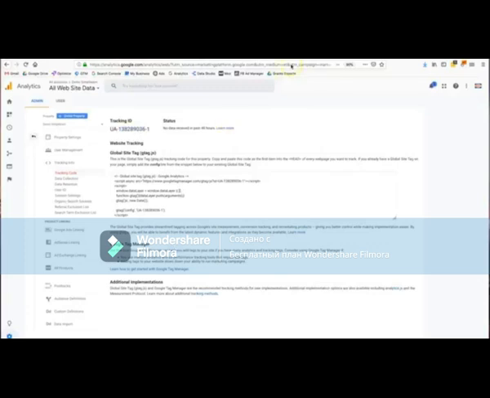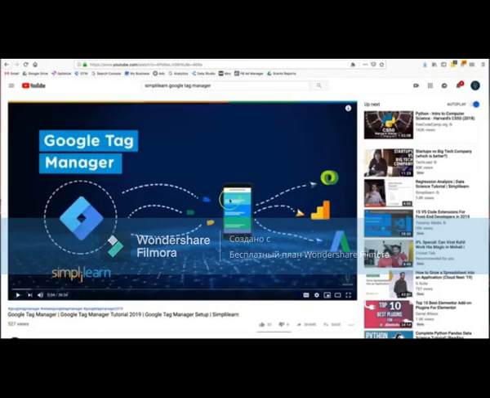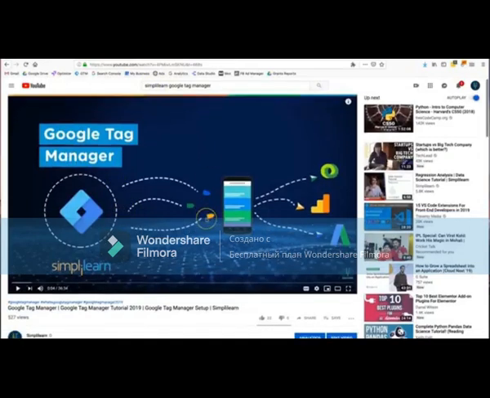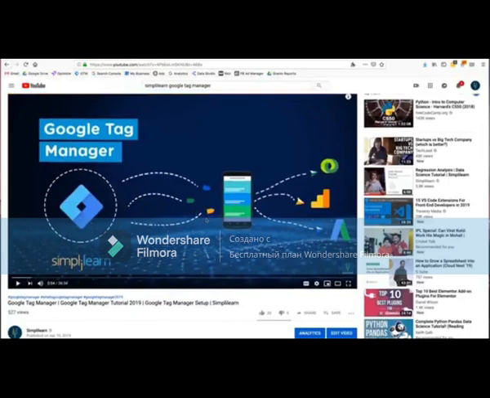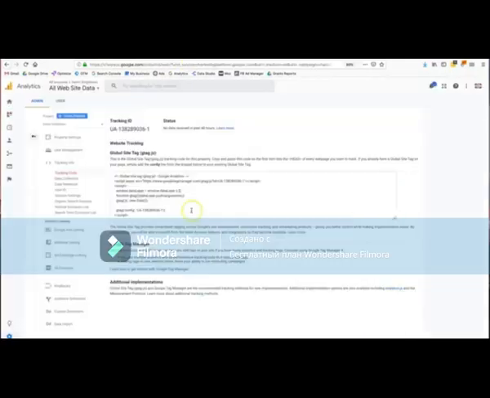If you're not familiar with Google Tag Manager, I would recommend watching the YouTube video we have on Google Tag Manager. You can just go to YouTube, type in Simply Learn Google Tag Manager, and this will give you a nice overview of what Google Tag Manager is and how it works. But basically, this is the way I would go, and I would recommend that in addition to having Google Analytics, you set up a Google Tag Manager account. And then that way you can put the tracking code